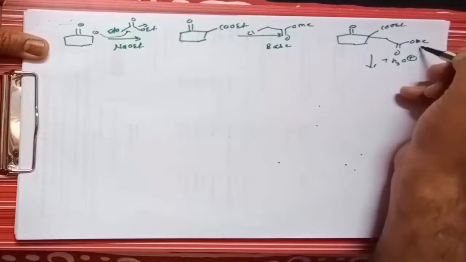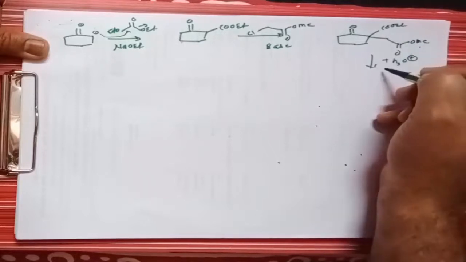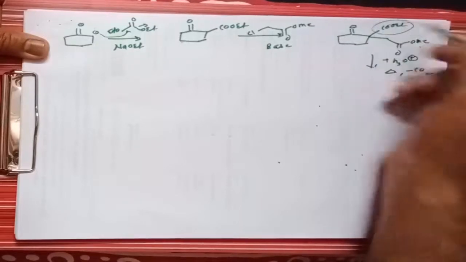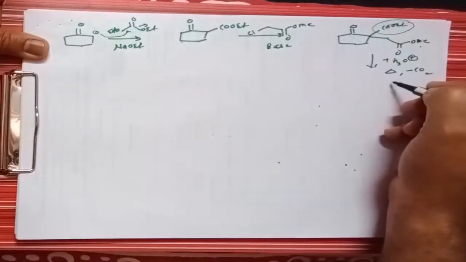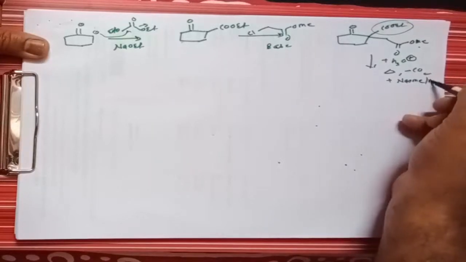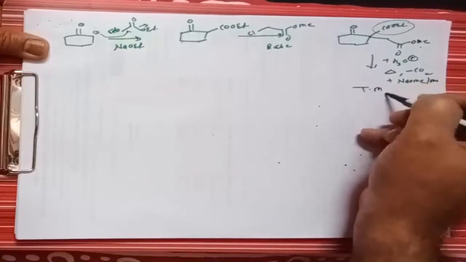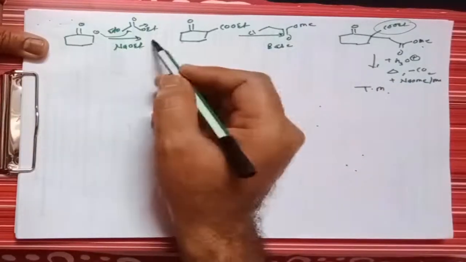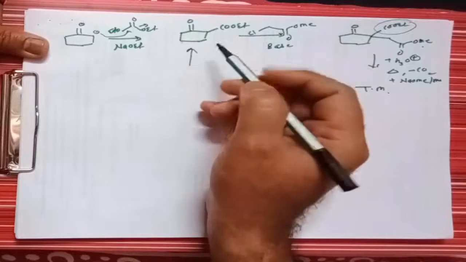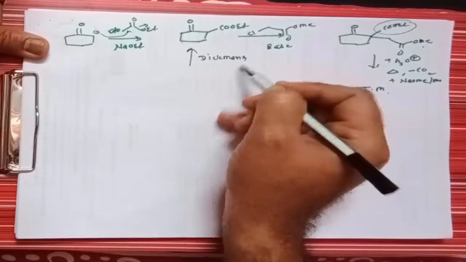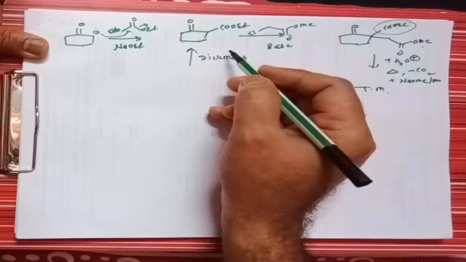It will hydrolyze this ester group. Then in the second step we can heat this molecule, and it gives decarboxylation at this position. After that, if we again treat with sodium methoxide in the presence of methanol, it gives the target molecule, right? So instead of this reaction, this molecule can also be prepared by Dieckmann cyclization, which was already discussed in the previous lecture. How can we use Dieckmann cyclization?